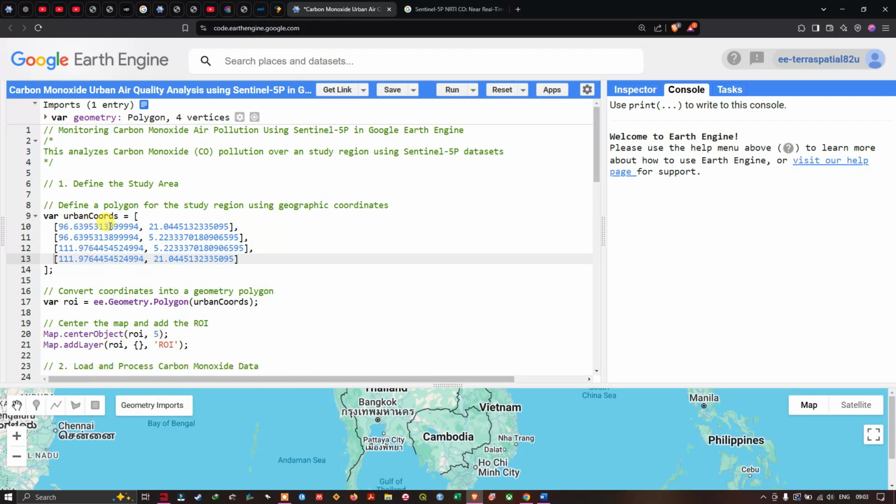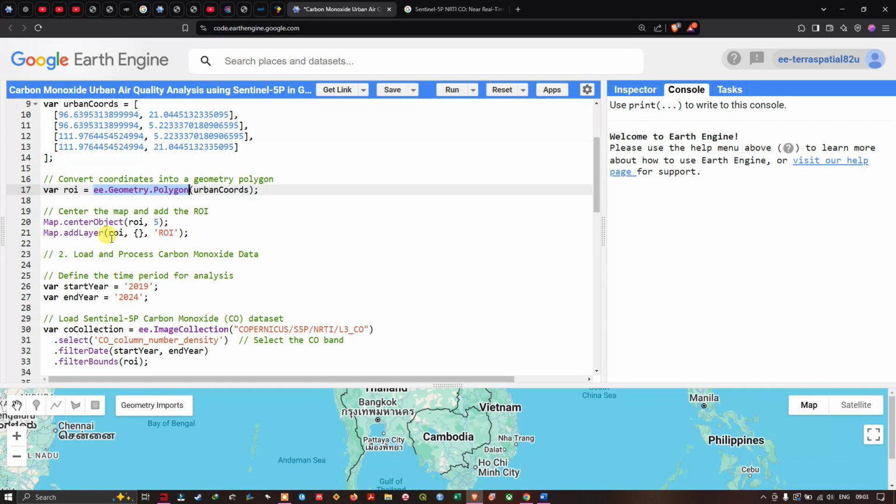Next, we have to convert this variable into a polygon. In order to do that, we're going to define another variable ROI, which represents our region of interest, equals to ee.Geometry.Polygon(urban coords). Using this particular function, it's going to convert this variable containing latitude and longitude into a polygon. Next, to center this particular layer, we're going to define Map.centerObject(ROI,